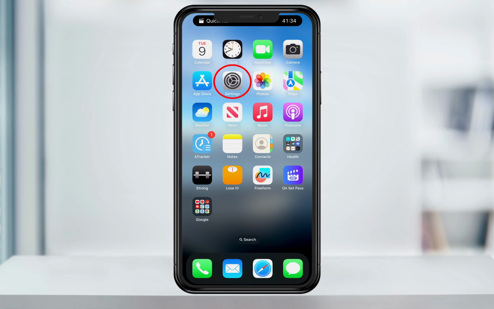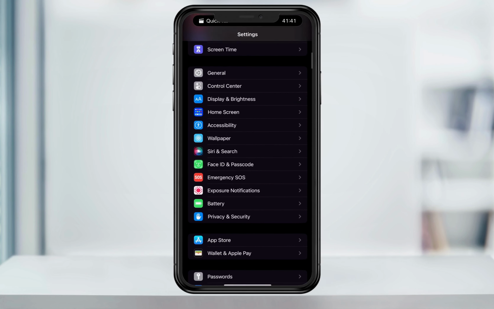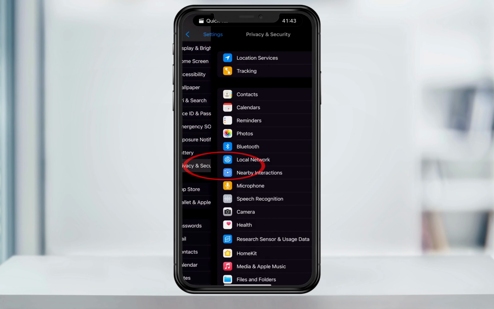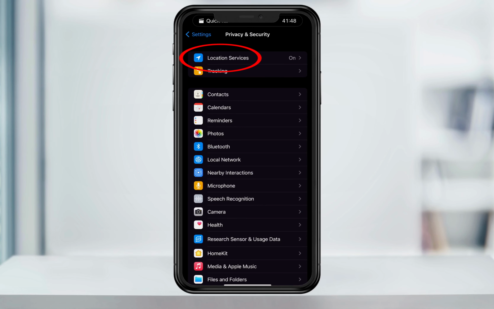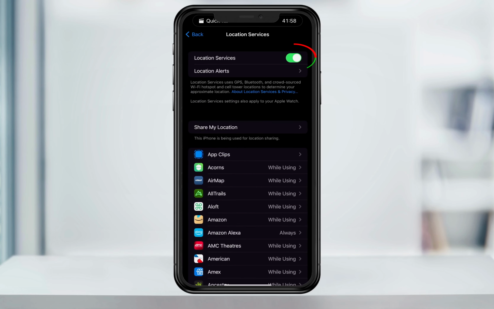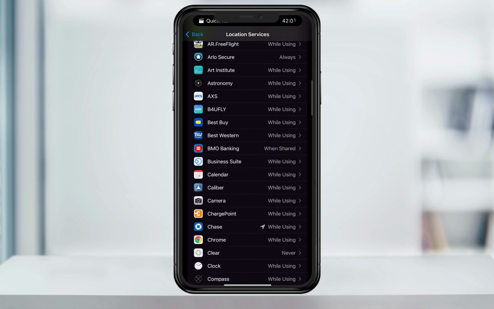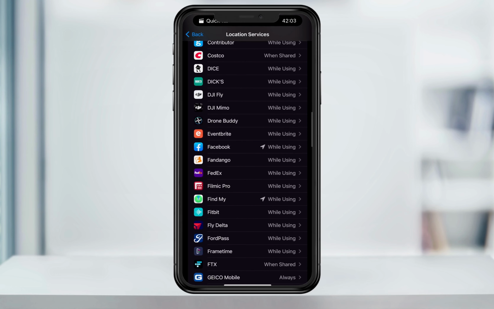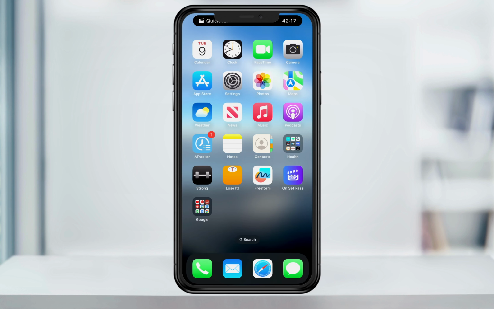can check them first. Open the Settings app and then scroll down and choose Privacy and Security. Inside of here at the top, you'll see Location Services. Just make sure that that option's turned on and then scroll down until you see Find My and make sure that that's on too. Now that that's done, close Settings and let's find a contact that you want to share